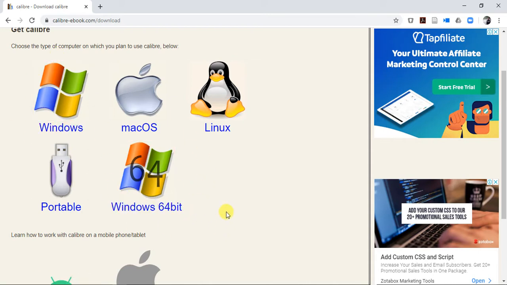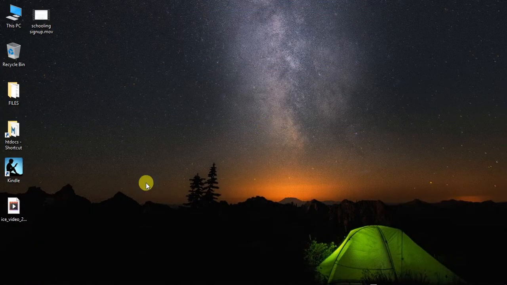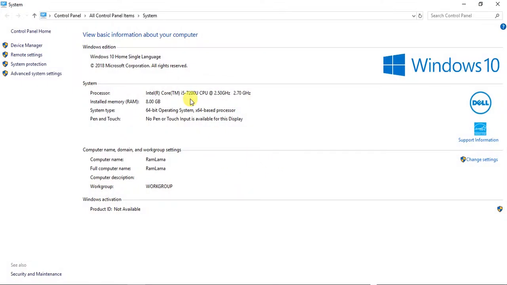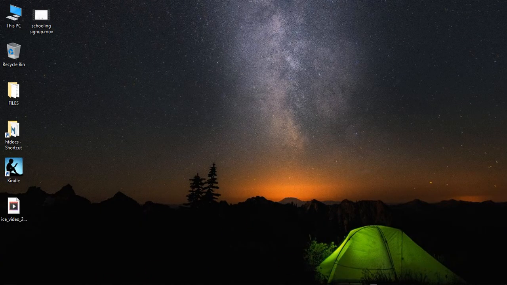So you have to be sure that you run the same build, 64-bit or 32-bit. So you have to check there. If you go to My PC, left click the mouse and say properties, and you will see your system type. It is 64-bit. So go to the browser